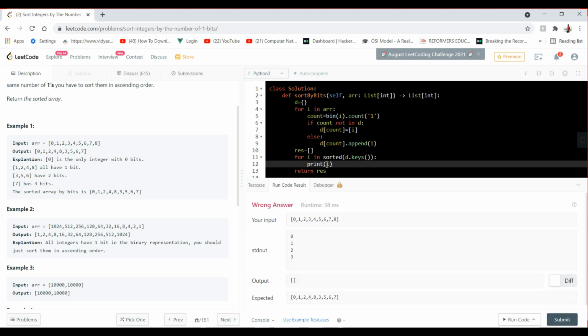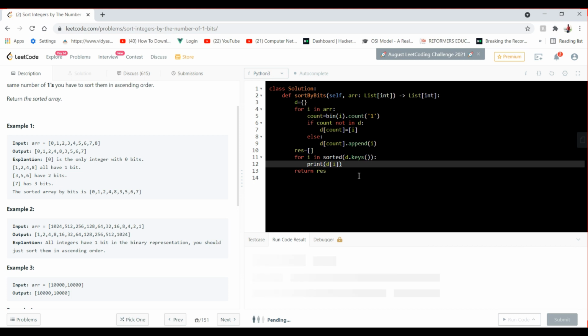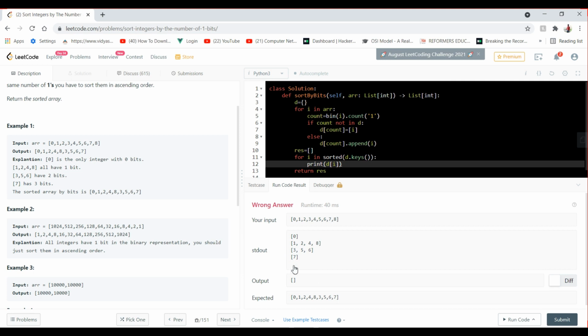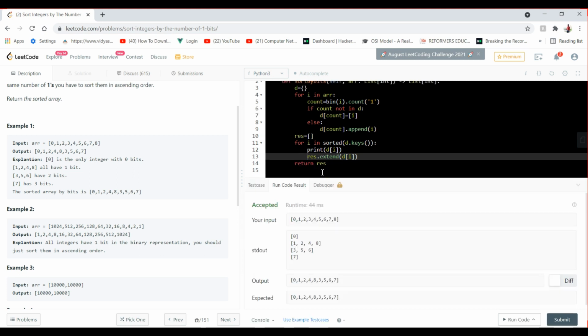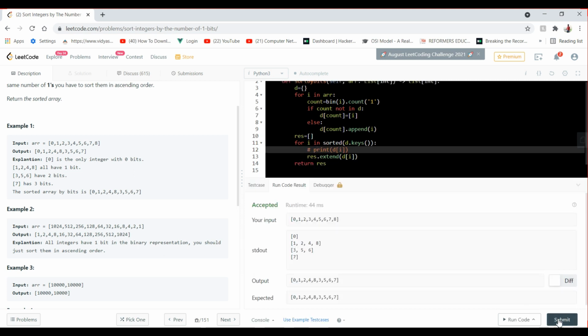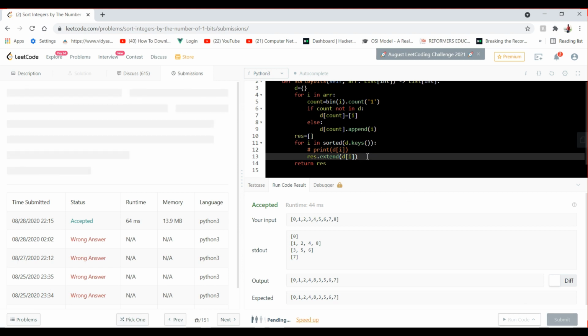Hmm, 0 1 2 3. So if I put here D of i, it will give us the value, and that is the element which is present in the array. Now you can see this is giving me all the values. Now I have to only extend the array. Now it is giving me the correct one. Let's submit it.